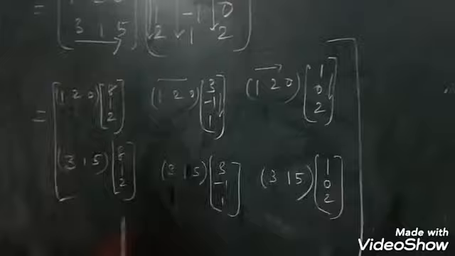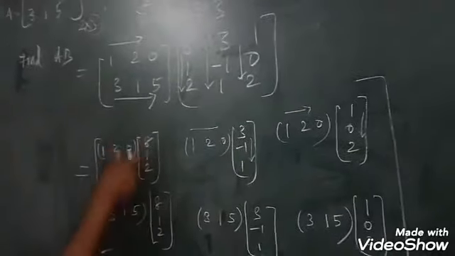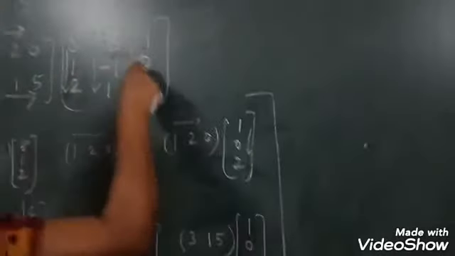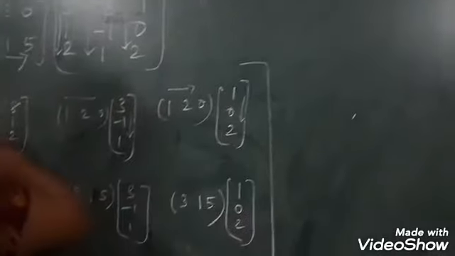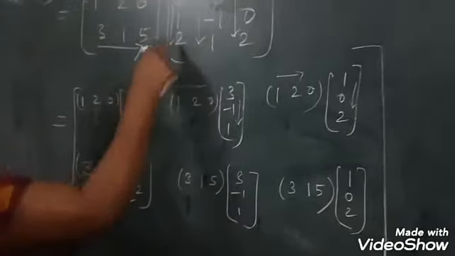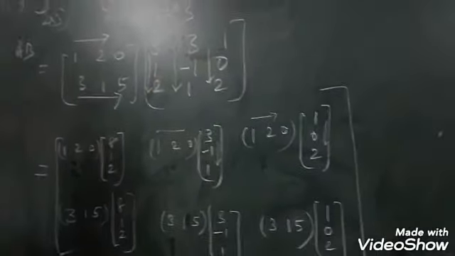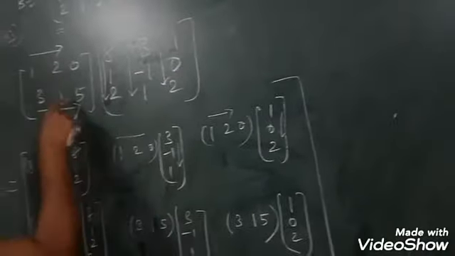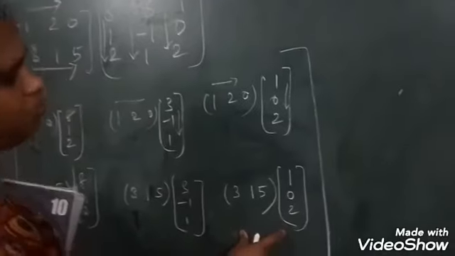Do you all understand? First row first column first element, first row second column second element, first row third column third element. So first row over. Then second row: take the second row first column, second row first element; second row second column, second row second element; second row third column, it should be the third column.